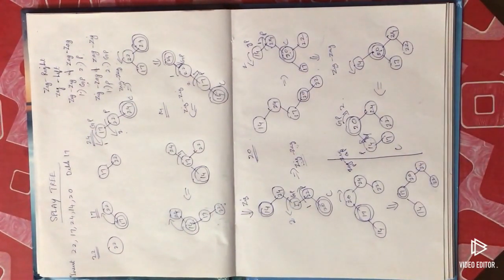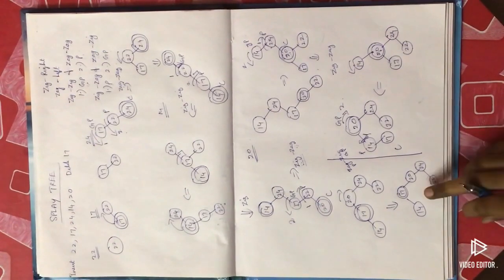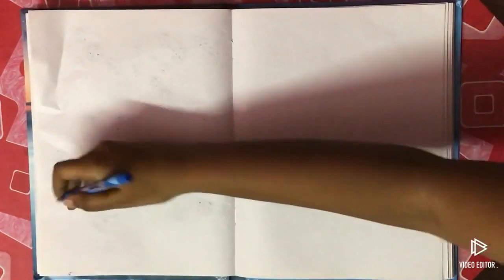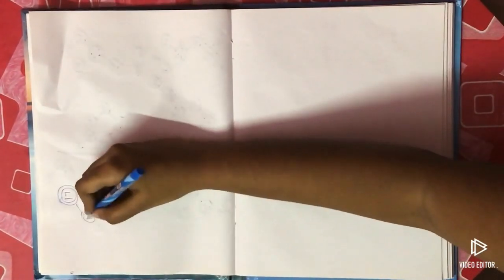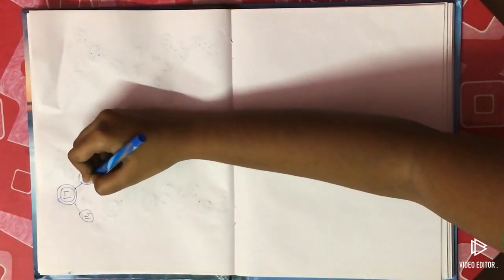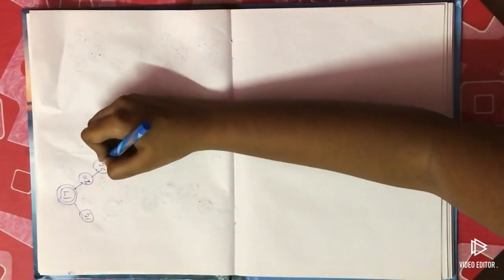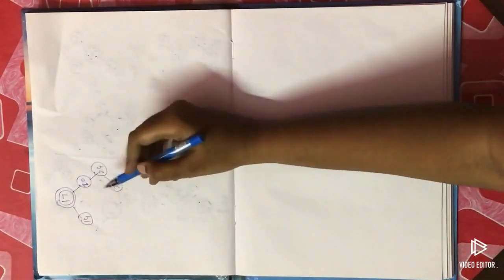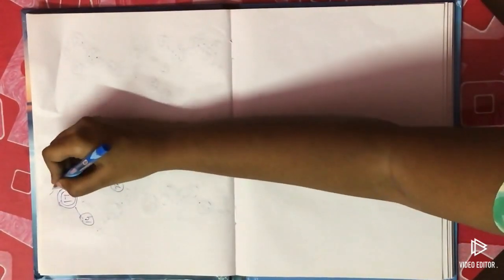So now we are going to delete this element 17, and it is also splayed to the root. For deleting the element, I will write it here. 17 is the same diagram I am copying here: 14, 20, 24 and 22. For deleting an element, we need to take the right subtree and left subtree. The left subtree we have to separate and keep, and the right subtree we have to keep separately. So I am going to delete this element.